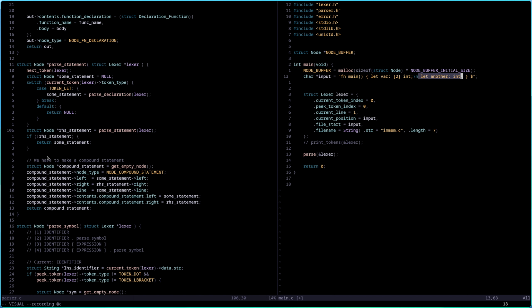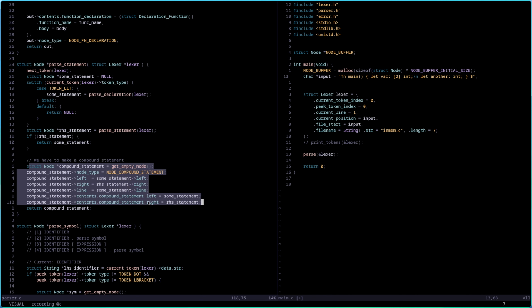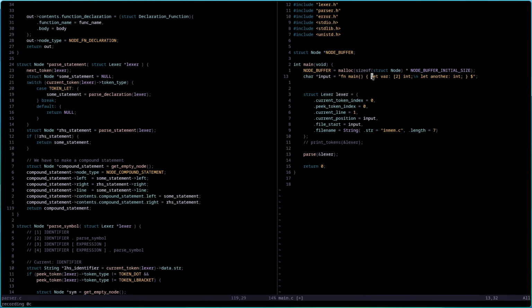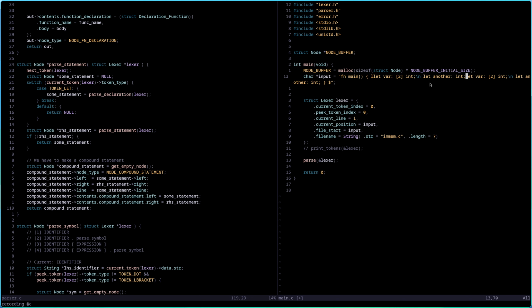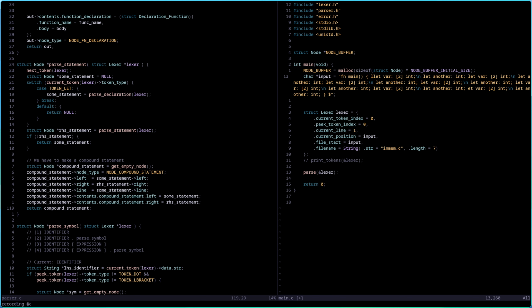And then we have to construct a compound statement. In my assembly I called it a statement list, but it's not really a list, it's just two statements concatenated, so let's just call them compounded instead. So we get a new node, and then we push them inside it, and we return the compound node, and that's how we can make this infinite. I could probably do this if I could copy correctly.